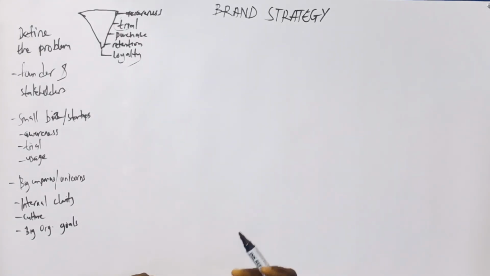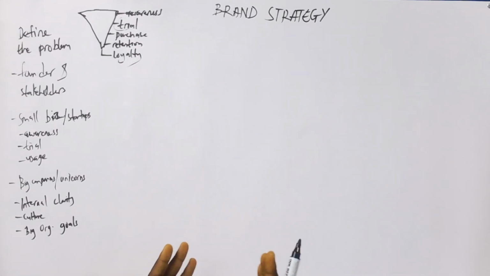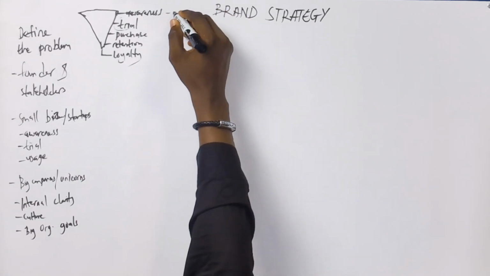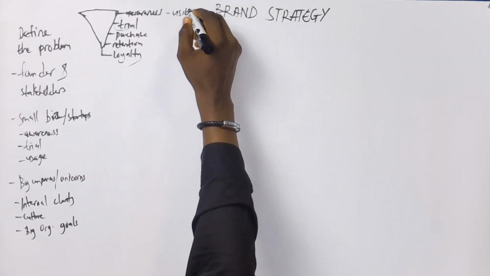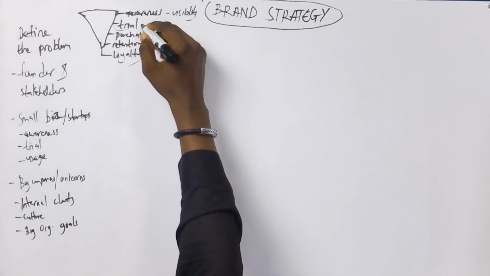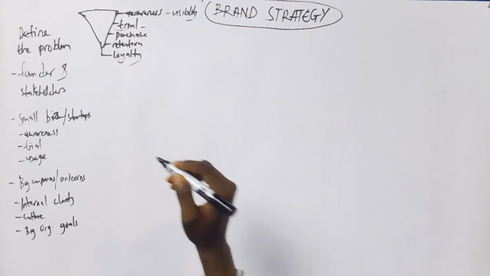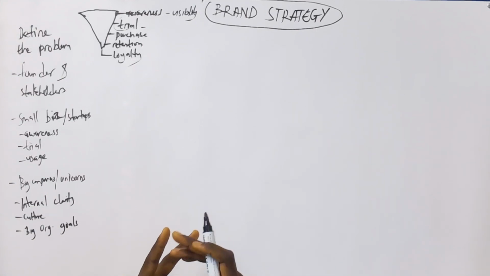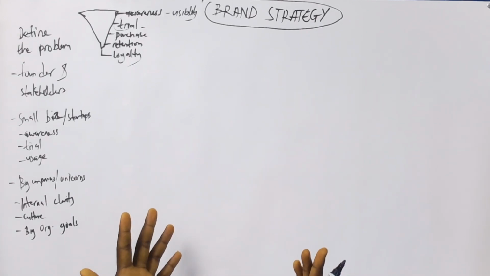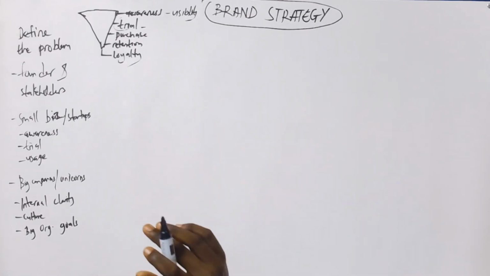Now, if the tension revolves around trial, we know that this business has been in existence for quite a while, and people know about you, but they're not getting to try the product. What is happening? Usually, for this one, let me just say, visibility problem. For trial, it could be that people are not trying, right? That means they know about you, but they haven't considered